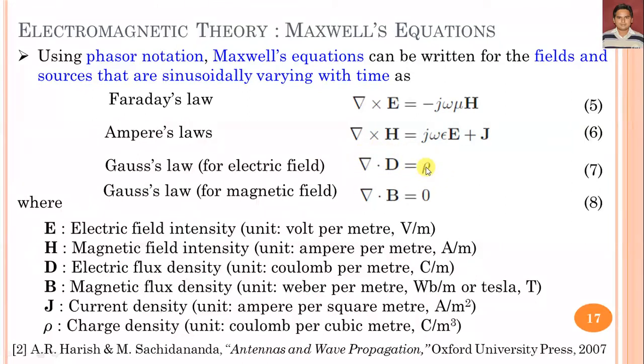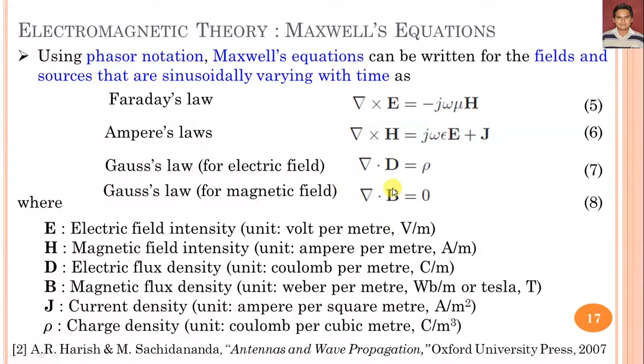And this is the third law, and this third law is called Gauss's law for the electric field, and we can use this Maxwell equation in electrostatic applications. Through this equation we can understand that the electric field lines form a closed loop, and because D has epsilon E, in that case the charge density rho generates the electric field, and through which we can calculate the electric field. This is called Gauss's law for the electric field.